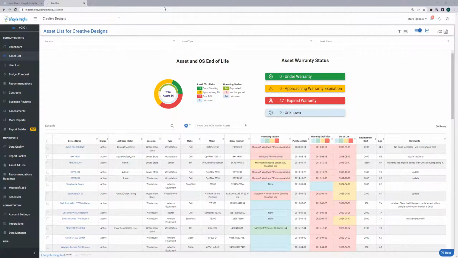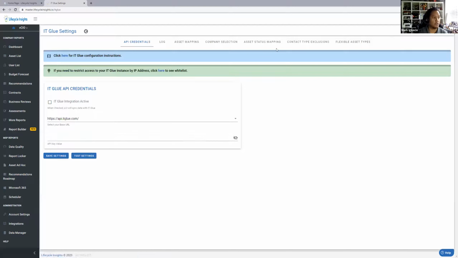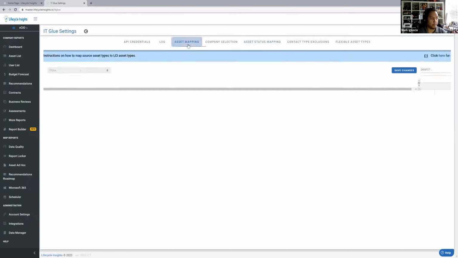And these assets sync over, right, from your PSA? Is that what the data source is? Yes. So whatever your PSA is on integrations, we have ours on IT Glue, asset status mapping, or asset mapping, I'm sorry. Of course, this is a demo site. We don't have an actual asset. So from here, you'll see the asset types as far as what gets captured as workstation, what gets captured as laptops, servers, and data cleanup happens with that first integration.